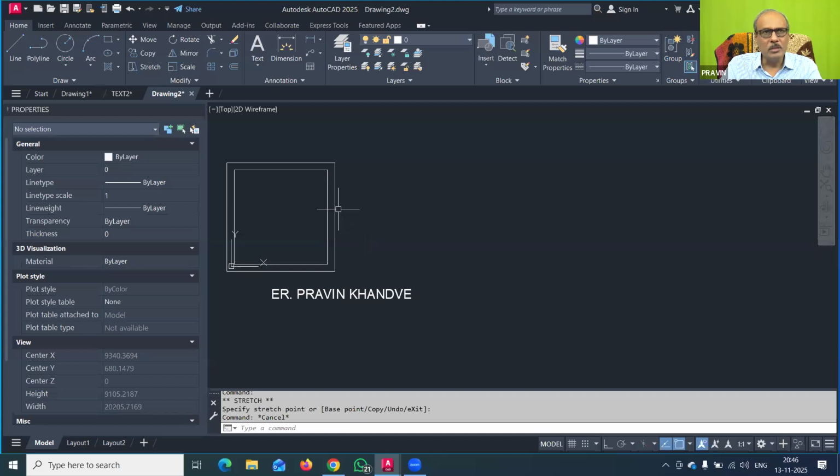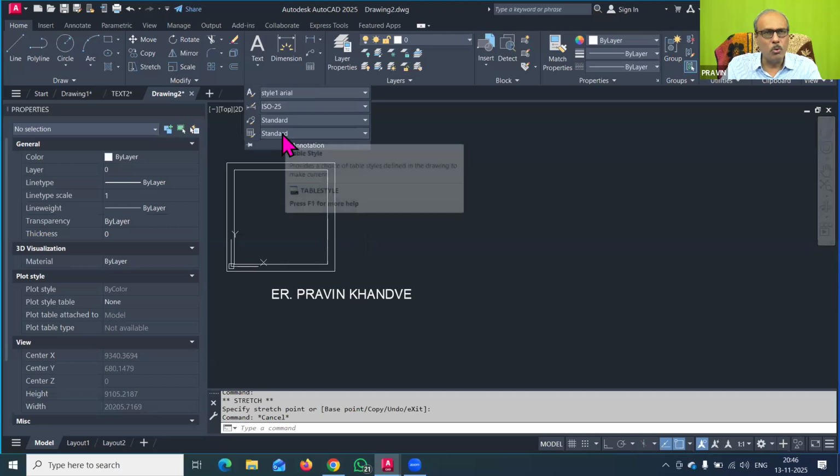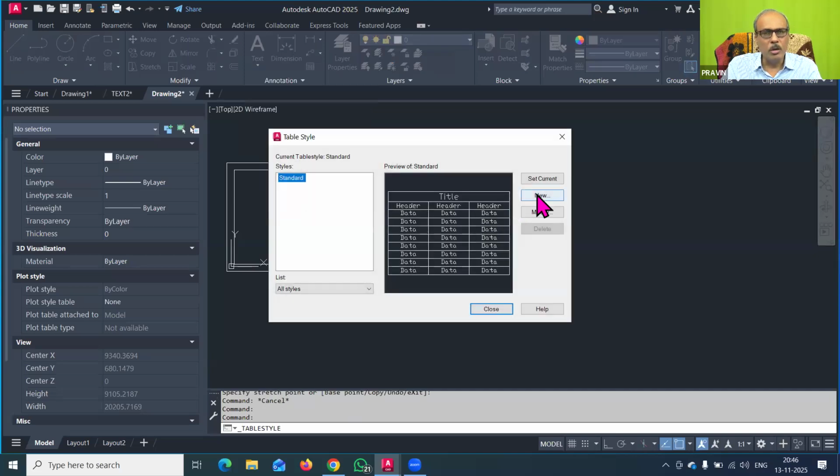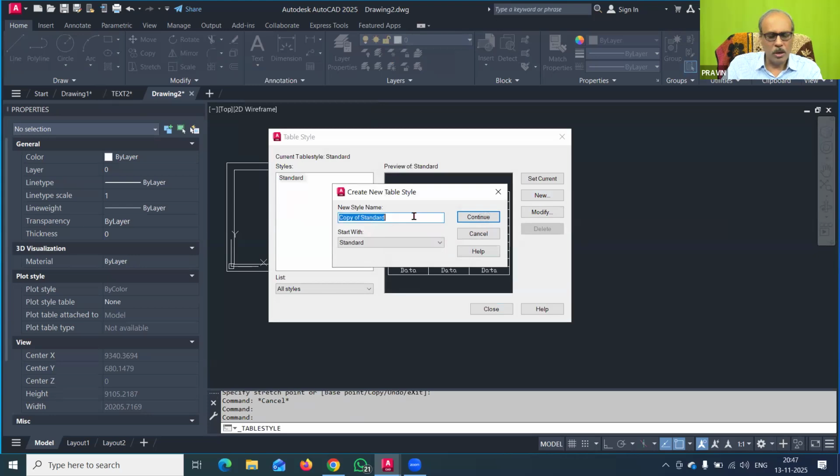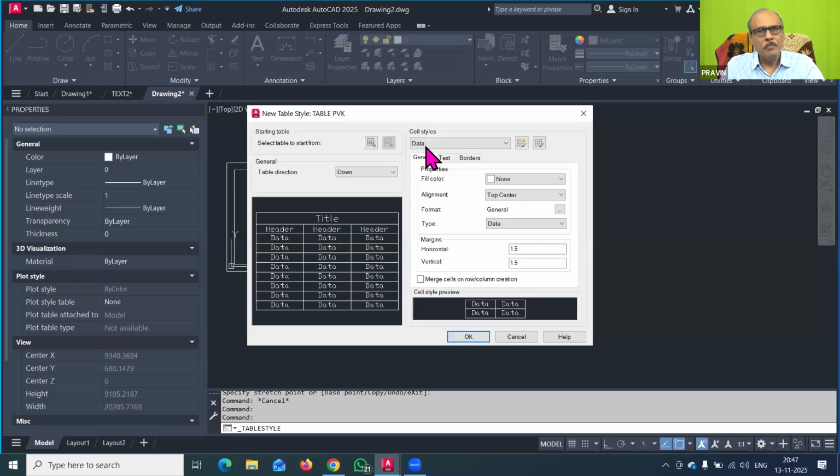Then the next important step, step number 2, is to create the table style. You have to go here, Table Style, click here and Manage Table Style. In Manage Table Style, we have to create a new table style, and you can give it the name table PVK. I have just given my name. Continue. And here I have to go to the